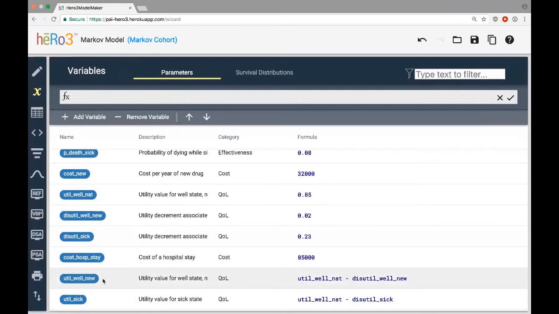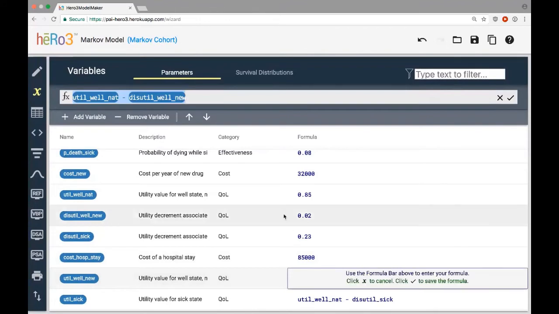So this utility value for the well state for the new strategy is defined as the utility value for the well state for the natural history strategy minus the disutility associated with the well state for the new strategy. And any of these formulas, I would note, you can click into them and edit them.